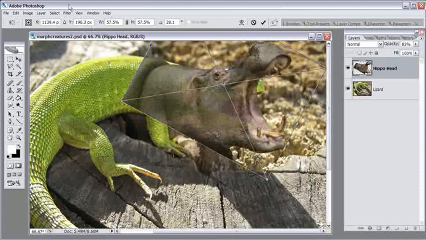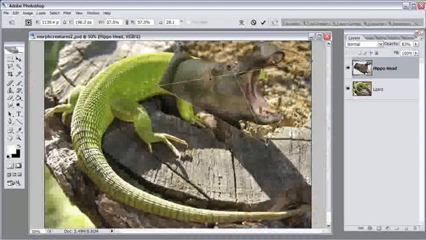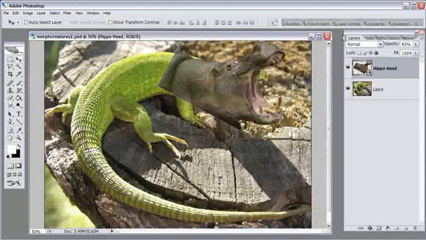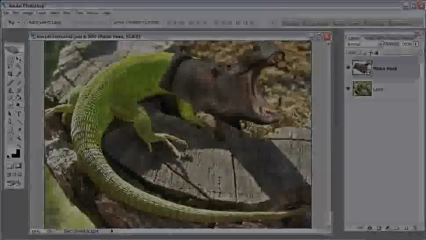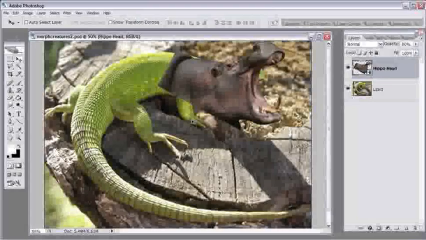Alright, let's zoom out here and see what this looks like. And I'm going to go ahead and turn up the opacity of this layer. Looks pretty good. I want you to keep in mind that it's not only blending